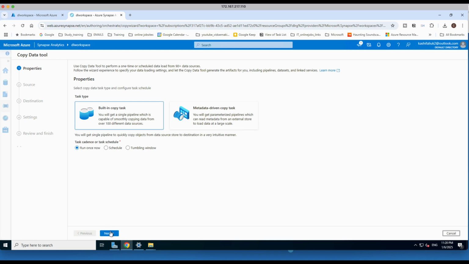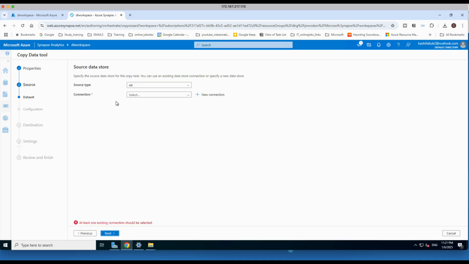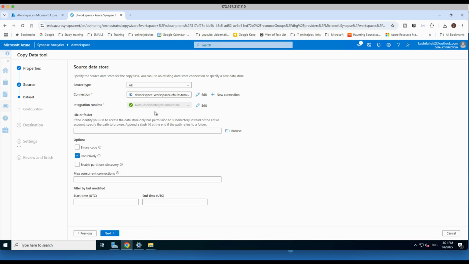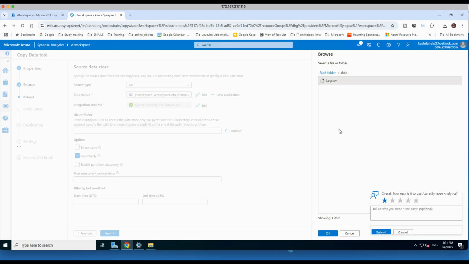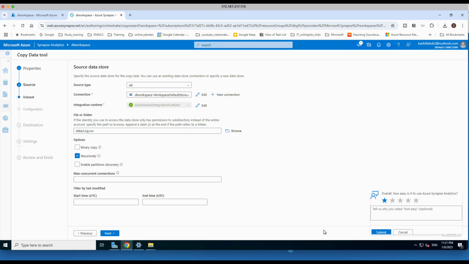So if we click next, and for connection type, we choose our workspace, and we browse, and this should give us our CSV file. Yes, data, that was our container name. If we click that and select that and click OK and next,